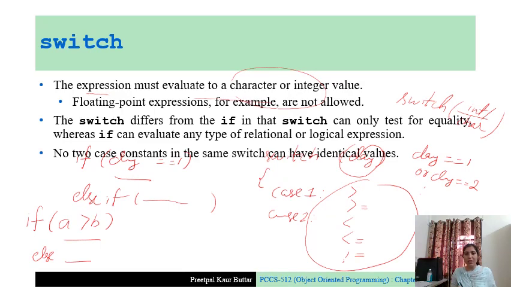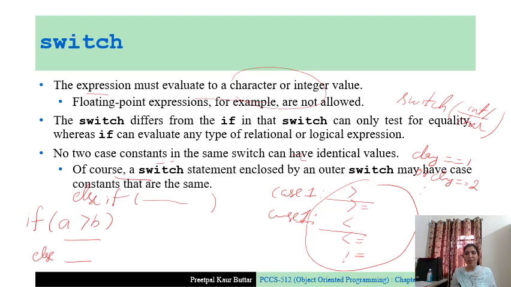No case constants in the same switch can have identical values. It cannot happen that you write two cases with the same value. Case 1, do this, again case 1, do this. This is not allowed. Every case must have a distinct value.